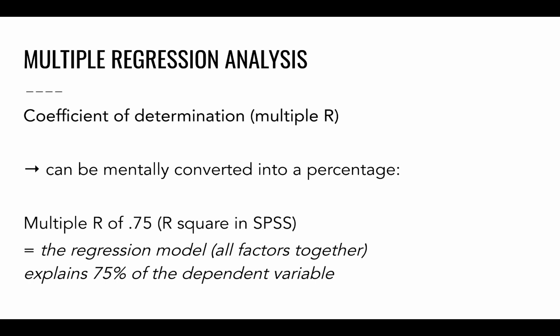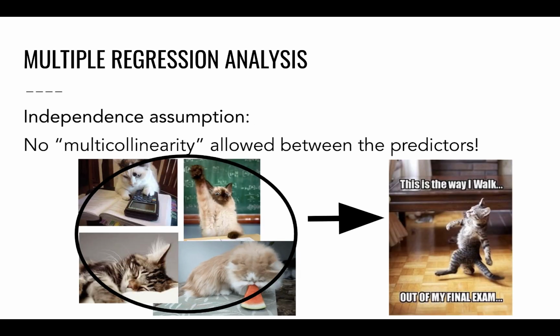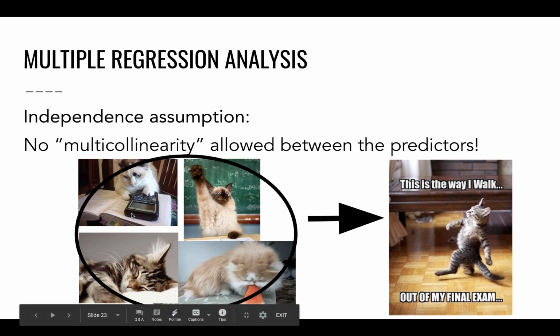And it's pretty much impossible to have 100% of your dependent variable explained by your model. But the bottom line, the idea is to get as high as possible a multiple R. Now, one important side note is that between each of these predictors you have in your model, there should not